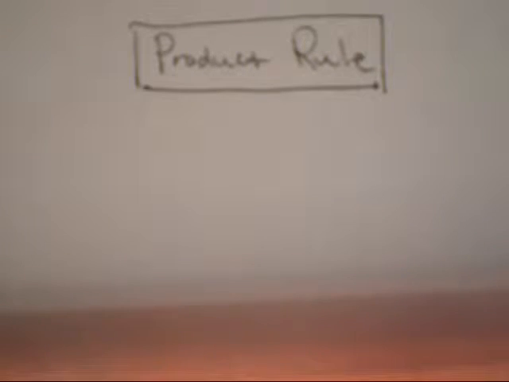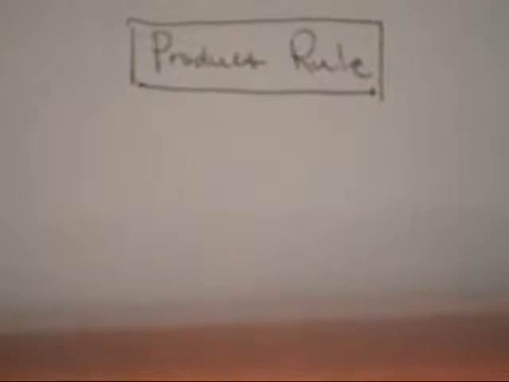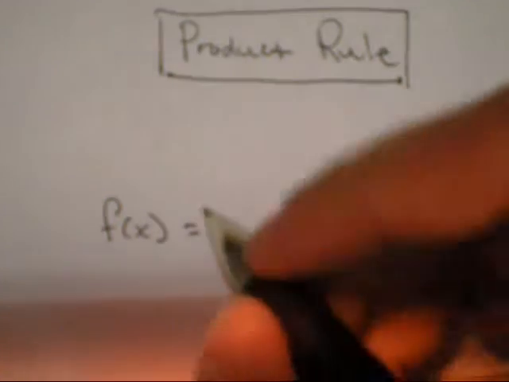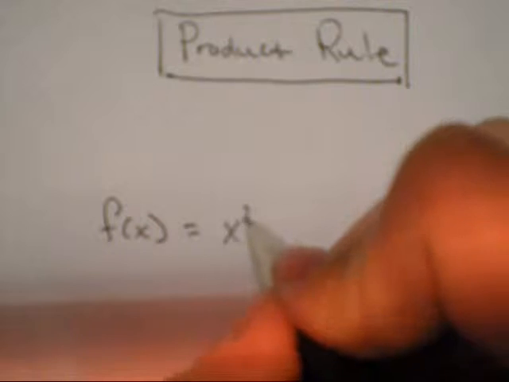Alright, we're going to look at the product rule today and what it is. So let's start out here. The product rule for finding derivatives is used when you have a function that includes multiplication of variables. So let's say you have a function f of x where the function is x squared, and